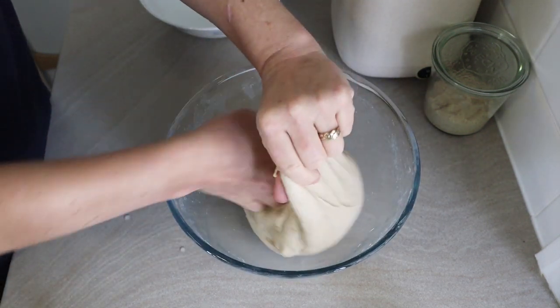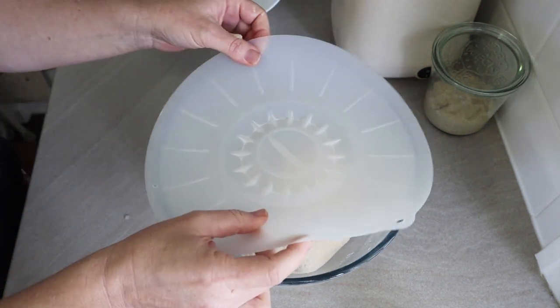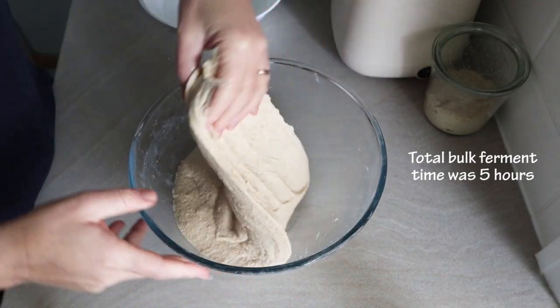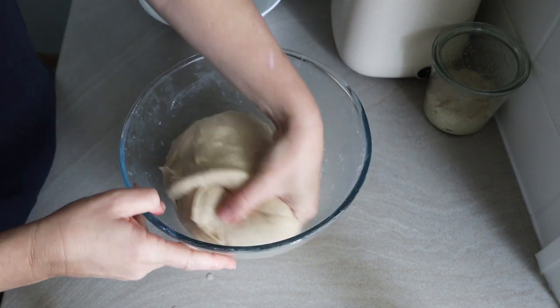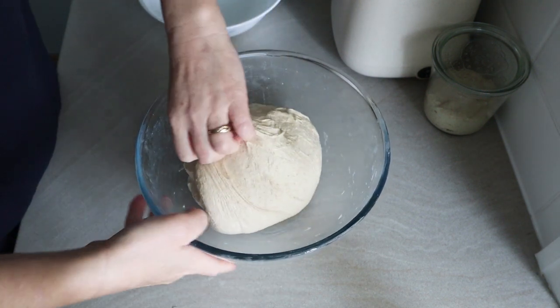You really just want to watch the dough, not the clock, when you're bulk fermenting it. You're wanting to see about a 50% rise. This one went a bit further than I probably would have liked it to have gone, but that's okay. I was doing other things and it was a fairly warm day too. But it's okay. I just do one final stretch and fold here, and you can see I'm handling it quite